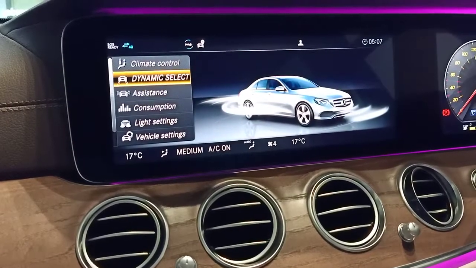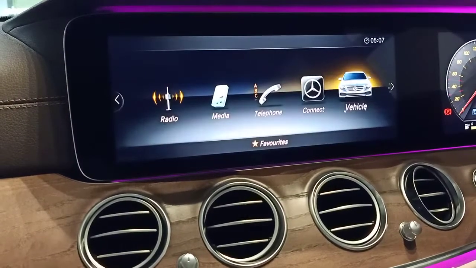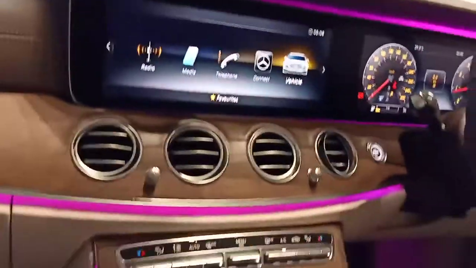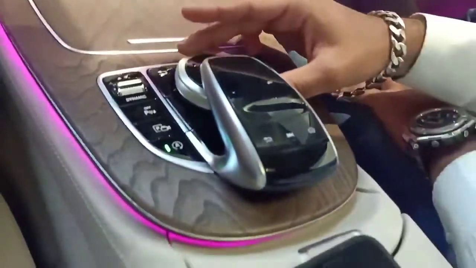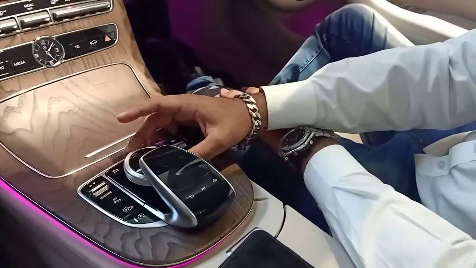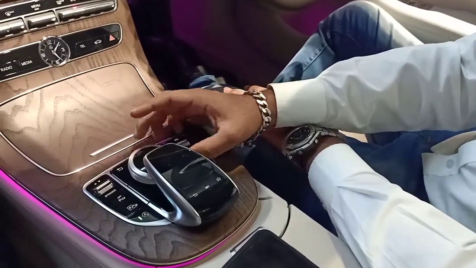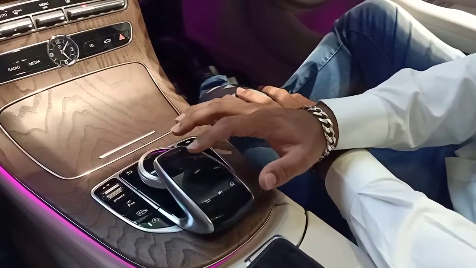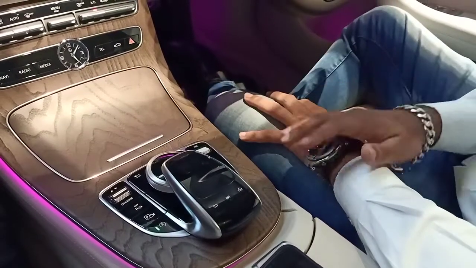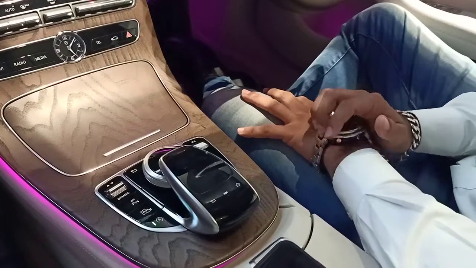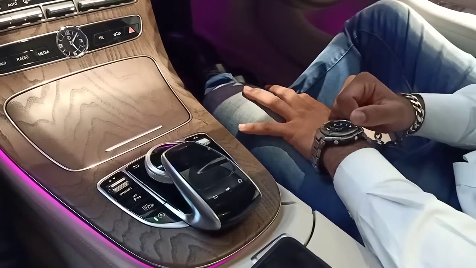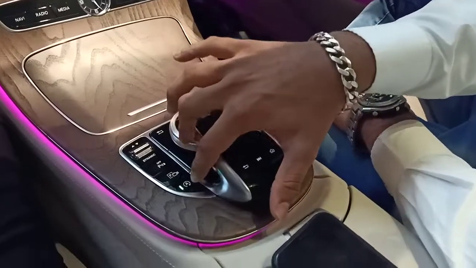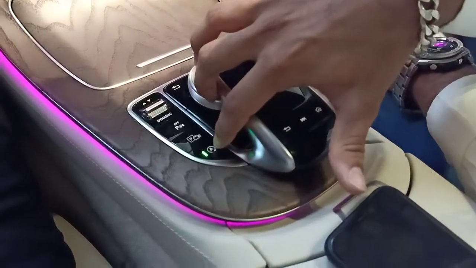So other than this, now we can come to the ways in which we can control the central screen. So I'll be showcasing that to you right now. So here we've got a toggle which controls the center screen, or we've got a trackpad which controls the center screen. Now the car has got something known as the eco start-stop function, wherein the car engine cuts off when you are on signals in order to give you a good fuel consumption. So that function can be kept on or off via the A switch here.